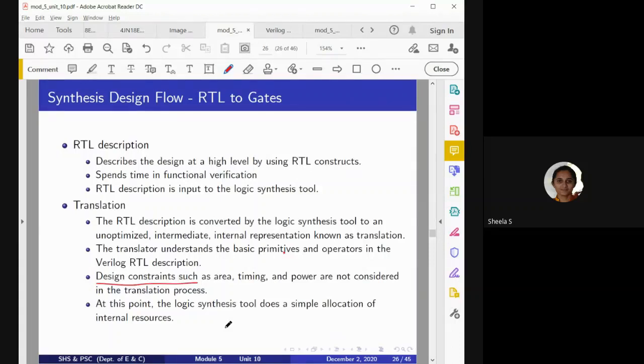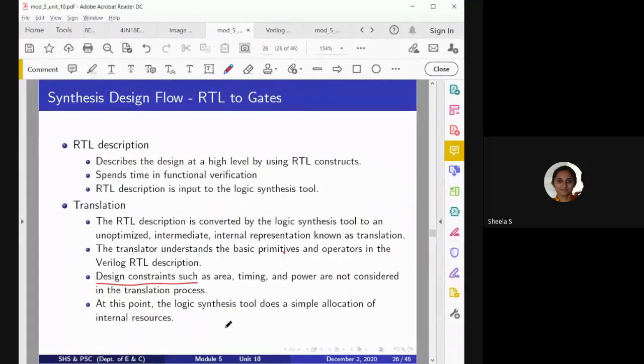First, we are getting the RTL description. The designer will describe the corresponding circuit, and that is considered as the RTL description. And after performing the circuit description, the functional verification is done by simulation.